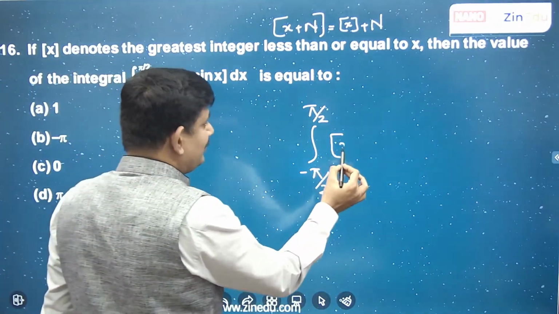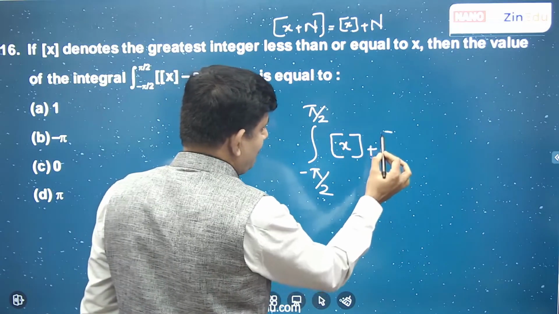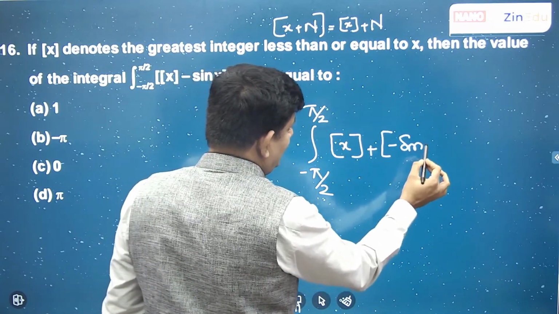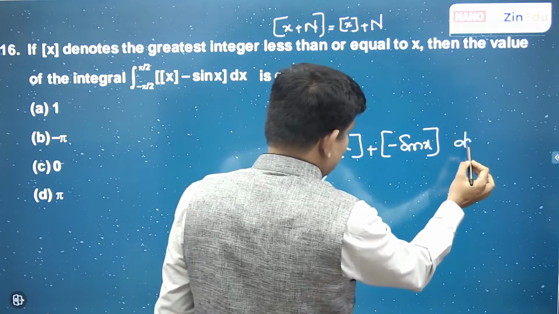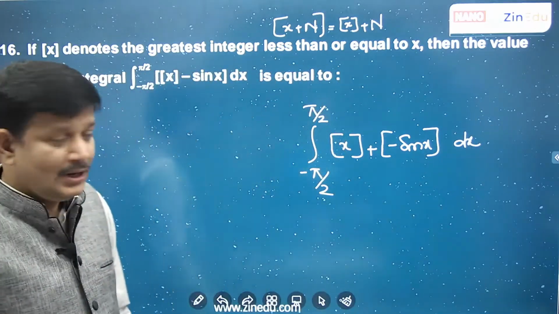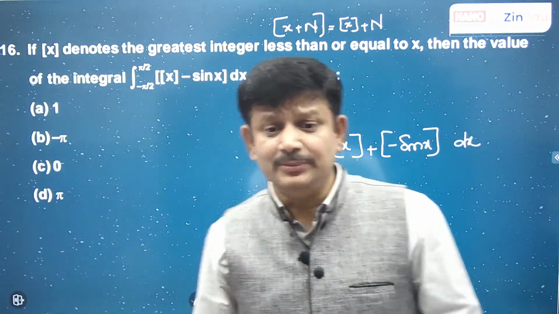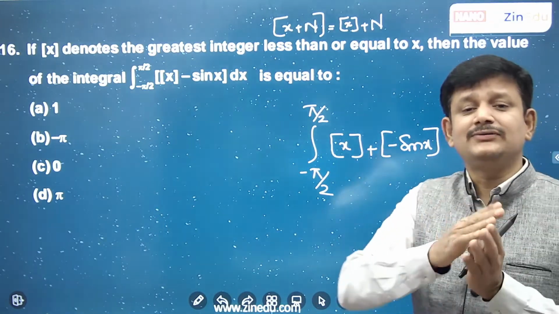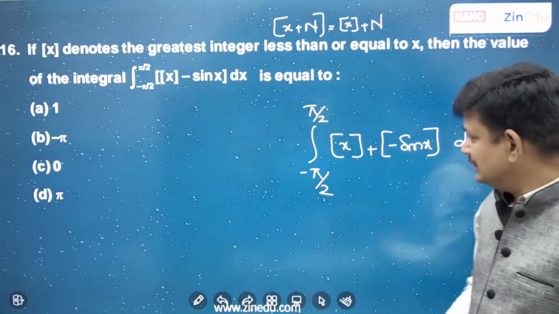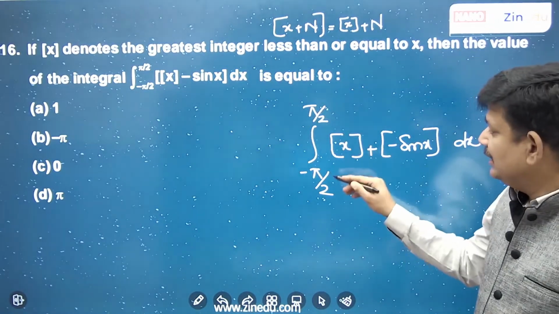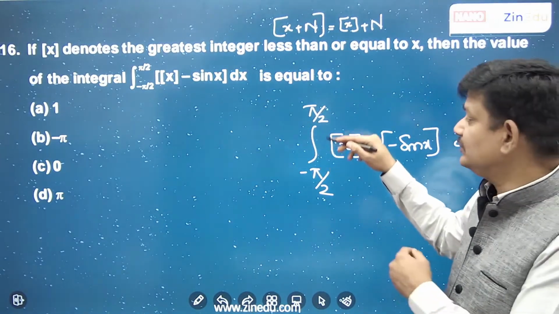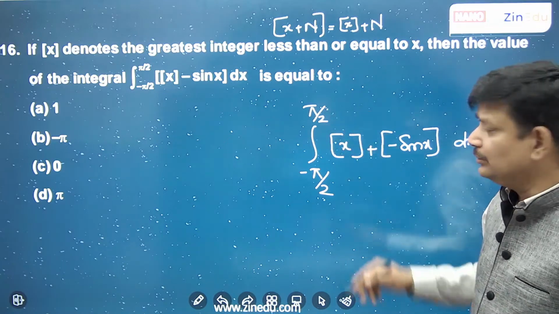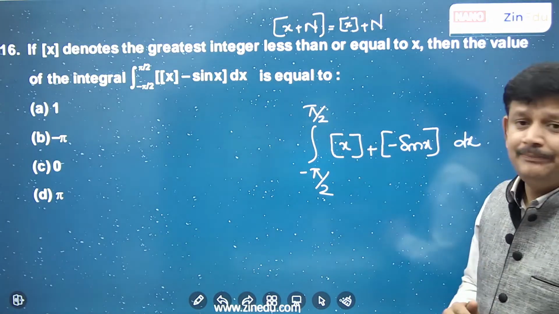So this integral part of x is outside. Now this question is looking neat and decent. There are 2-3 ways of doing it; I'll tell you the best one. Now if there is an integral part, usually our practice is to cut it into intervals. Had it been cutting into intervals, minus pi by 2 to minus 1, minus 1 to 0, 0 to 1, 1 to pi by 2, these many intervals you would have to cut.